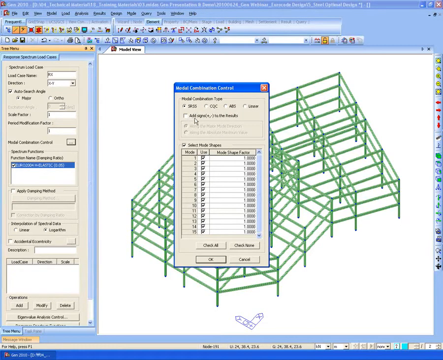Also, there is an option to restore the signs. As you know, the general modal combination sign is always deleted, but in a special case like a mat foundation, we need to restore the sign. So in this case, by clicking it, we can restore the signs.